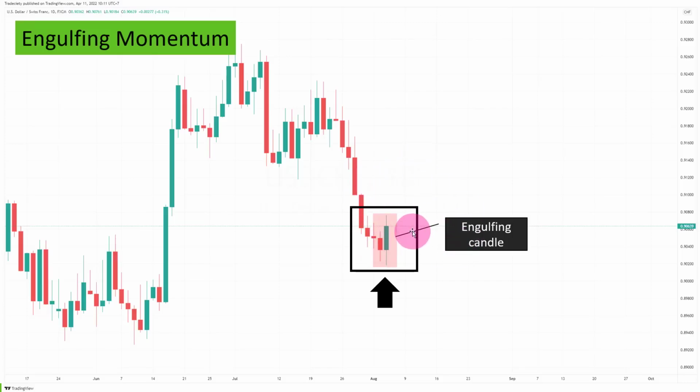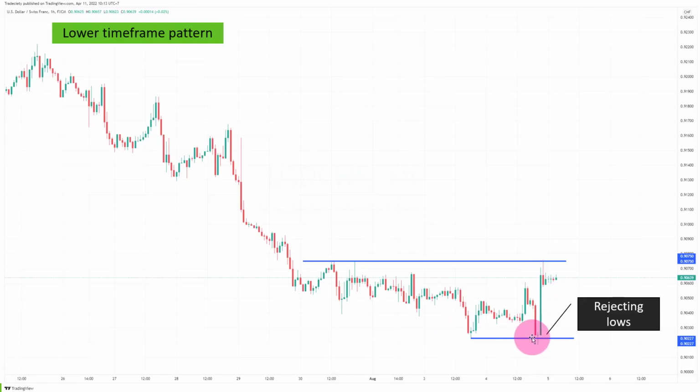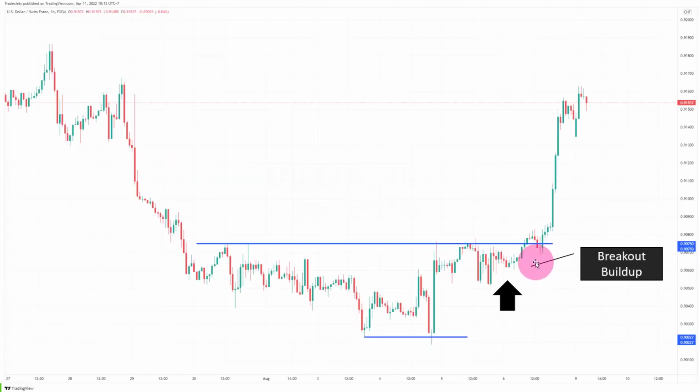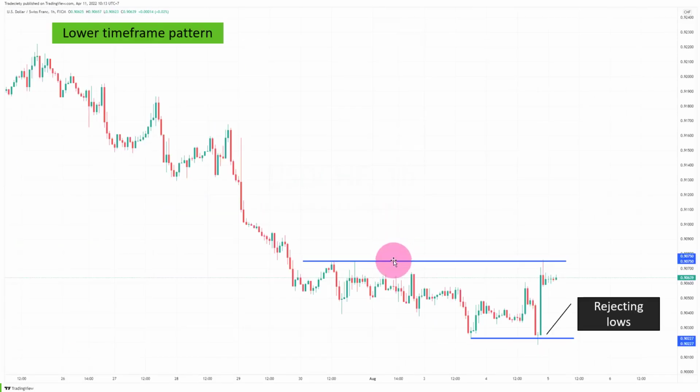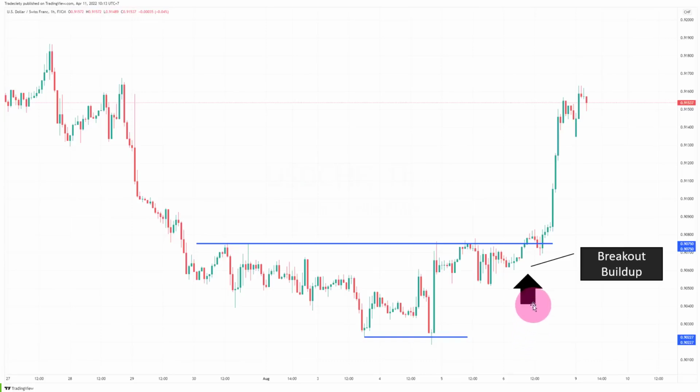So once we see that, we go to the lower time frame, and here we can see we have here a rejection of the lows. We have a fakie, and then we are back at the previous highs. And you can see we have our breakout buildup, we have our dirty retest here, and then once everything is cleared, we really take off. So this is a beautiful multi-time frame analysis. We have our higher time frame bias, we have our lower time frame fakie, we have our buildup here, we have the